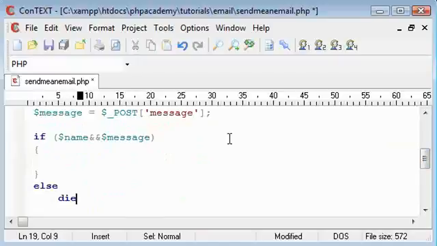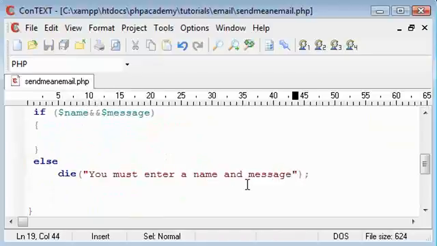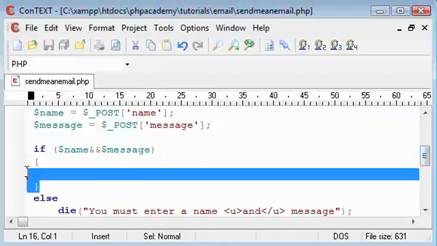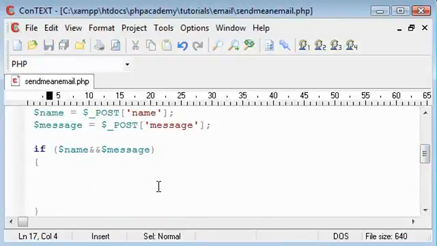Otherwise, let's just say we kill the script and we're going to say you must enter a name and message. Okay, and you can maybe just underline that for effect. And inside our block of code, if this is true, we're going to perform another check. So here we've run an existence check,